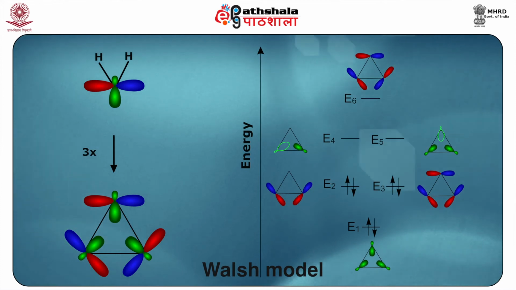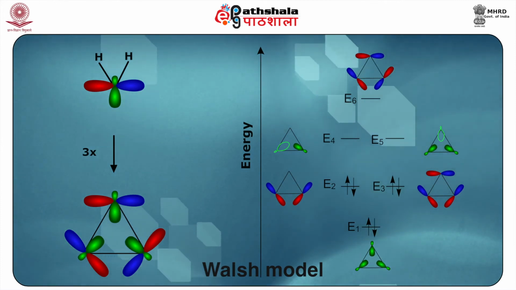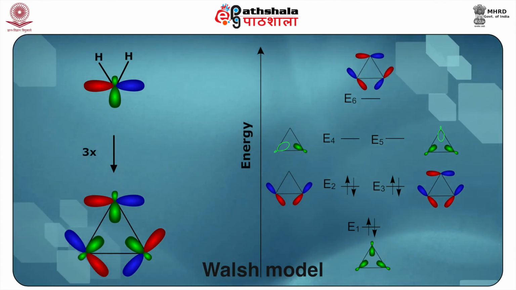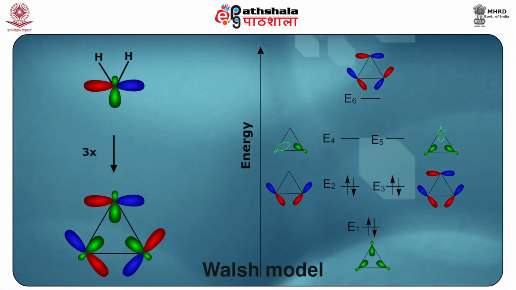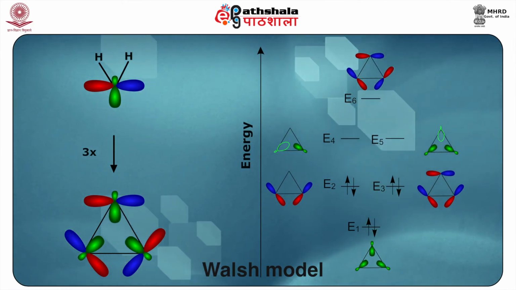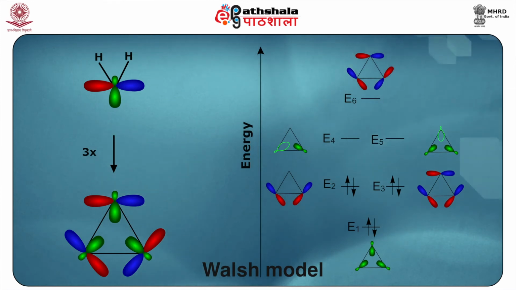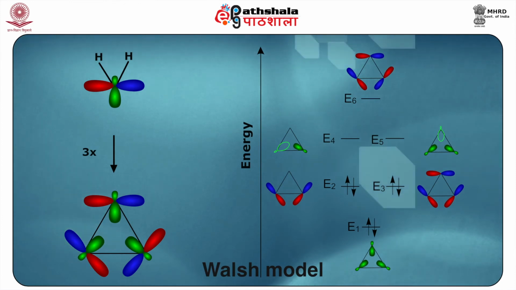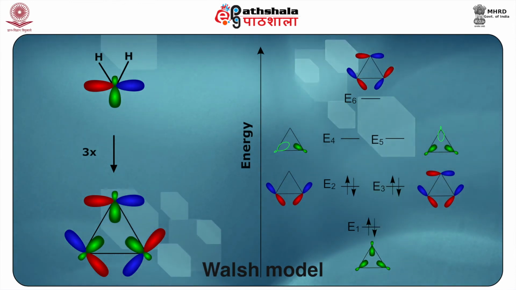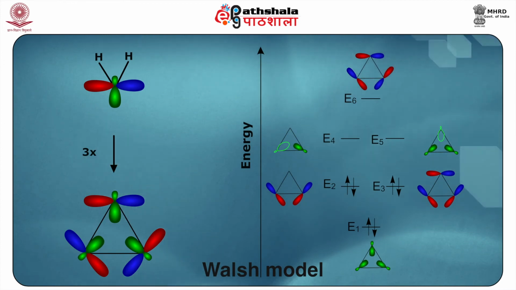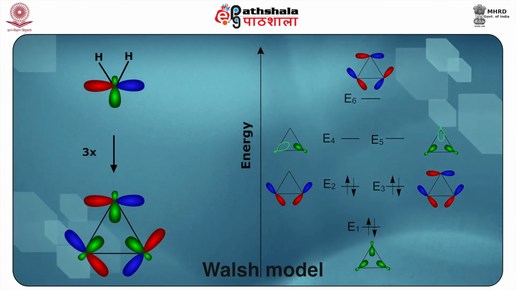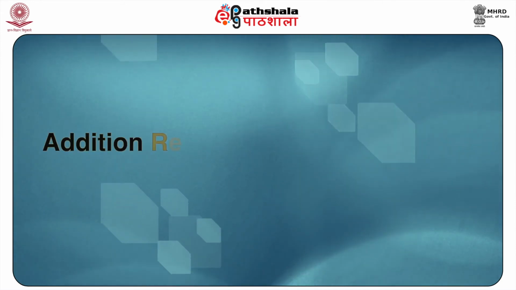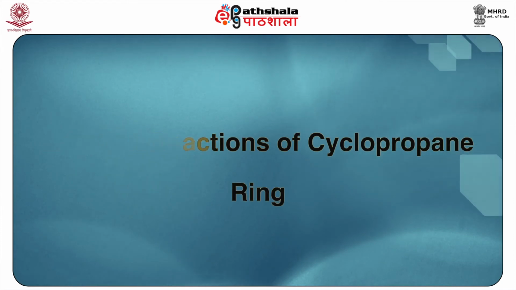This figure clearly shows the molecular orbital diagram for cyclopropane as formed by 3 methylenes in increasing order of energy. So, as an outcome of this structure, whether it is the Coulson-Moffitt model or the Walsh model, one thing is very clear, that there is considerable strain and there is pi character or more p character in these carbon-carbon bonds, and because of this cyclopropane undergoes addition reactions. So let us discuss the addition reactions of the cyclopropane ring.